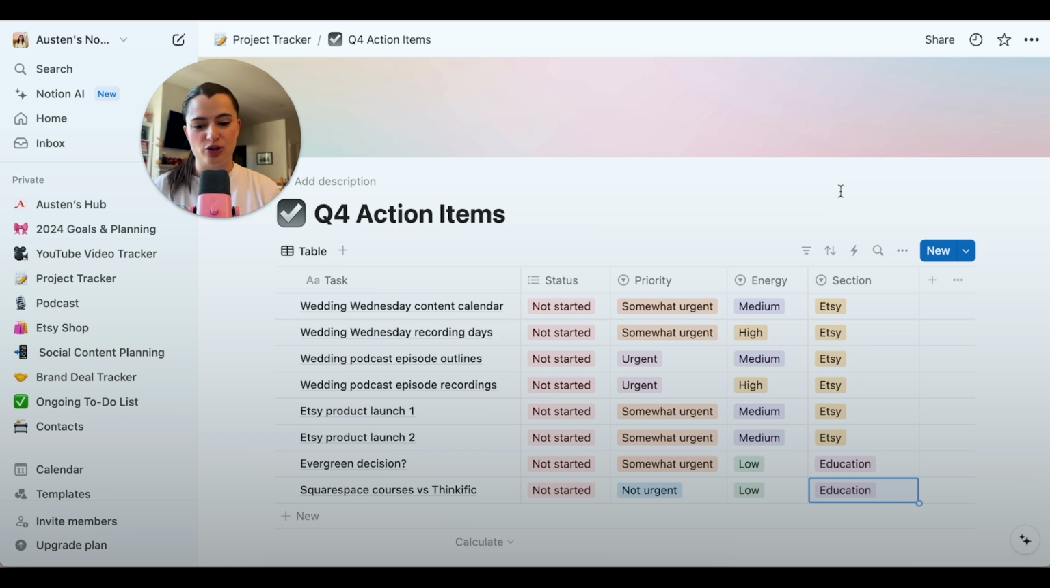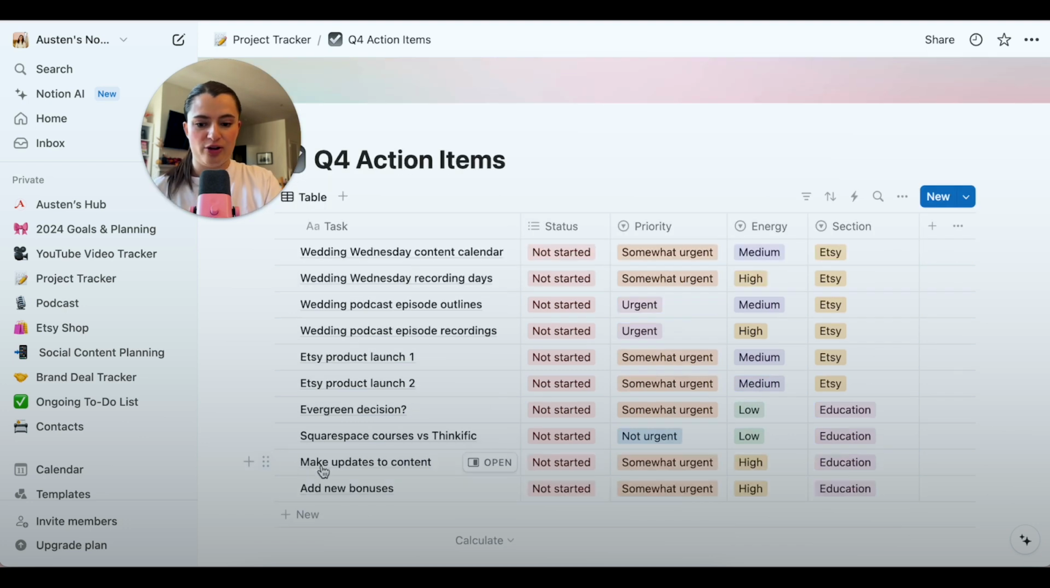So I just need to look into the functionality to make sure that everything I currently have on Thinkific can be replicated on Squarespace, and I would need to communicate the change to my existing students if I make it. So I also just added make updates to content. I like to look through the content each time before I relaunch to make sure everything is up to date in terms of information. And I might also look into adding some new bonuses, because if I do move the